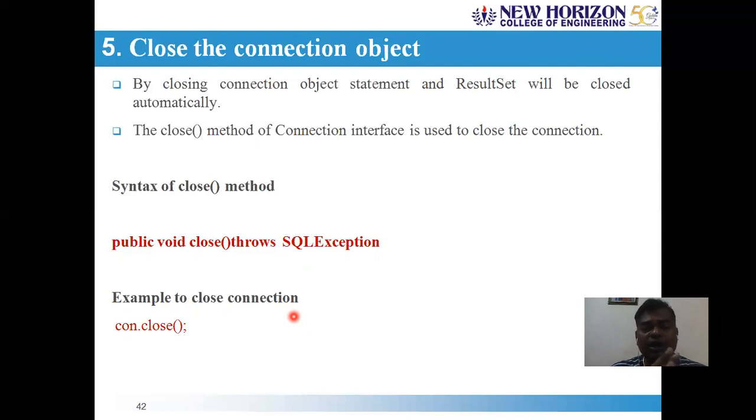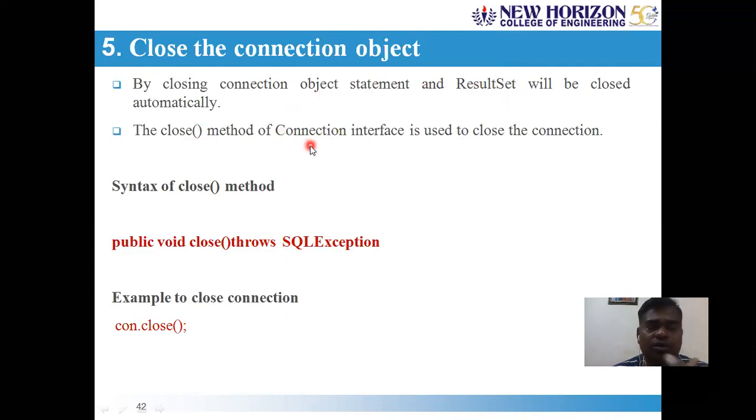So if you take the order of your communication with the JDBC process, that is loading the JDBC driver, then creating a connection, and once the connection is ready, creating a statement object, and then executing a query and getting the result set object. After that, the statement object that is created as well as the result set object that is returned by the DBMS, both will be closed automatically when you run the close method on a connection.